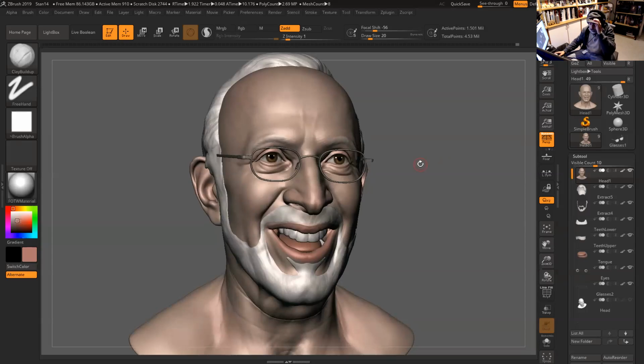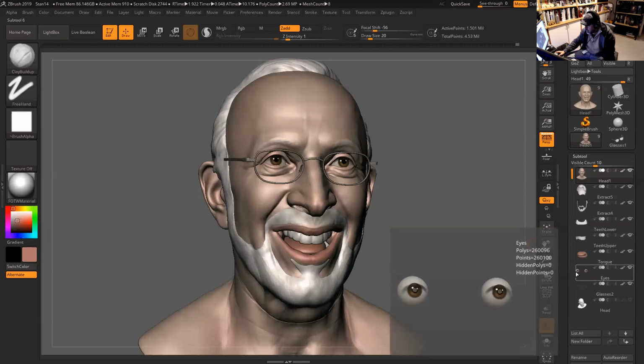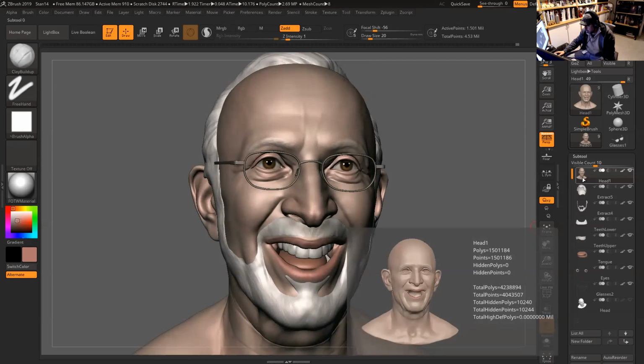But before I do that, I'm going to do a little demonstration of the way I painted this stuff yesterday. So for the eyes here, of course, Polypaint, you guys are probably all familiar with it. When you turn on this little